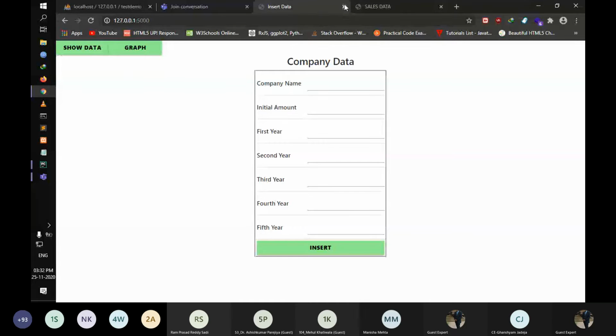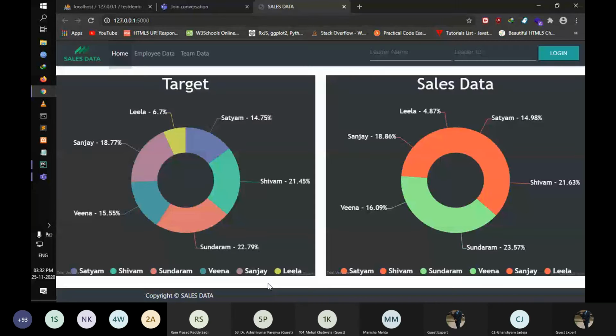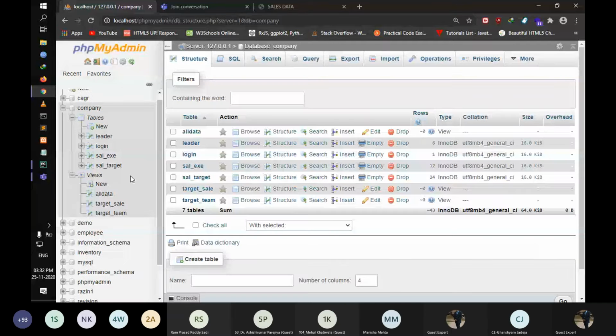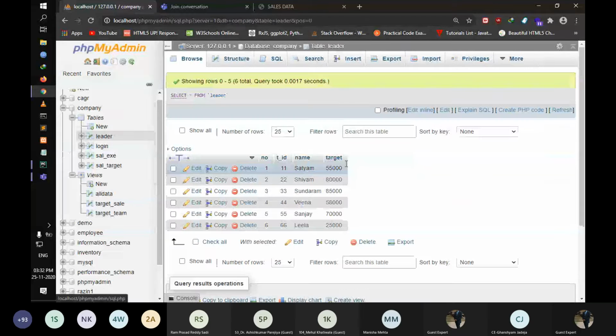So this is another project we have. I will show you the database as well. It's a database called company. It might be a bit confusing because there are multiple tables and we have created multiple views for it. They are all the leaders and team leaders.